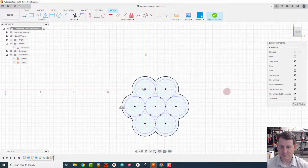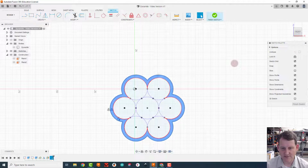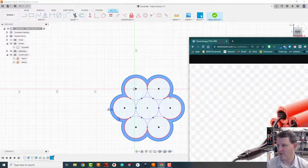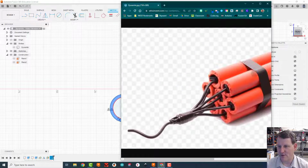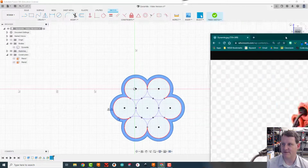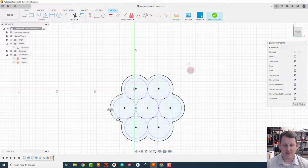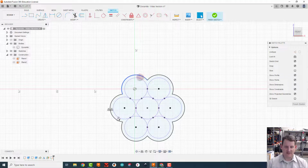Enter. Now, if I extrude all of this inside here, that's going to be a weird strap where it dives in like this. That's not how straps work. So we pull it over. The strap kind of goes almost in a straight line-ish across here, but not quite. It kind of dives down a little bit. So we're going to give it a little bit of play to it. So what I need to do is create lines across here to connect these circles. Now, one thing I notice here is that this is actually,